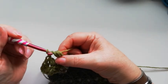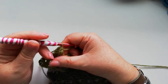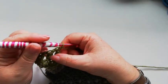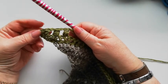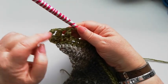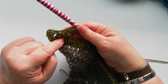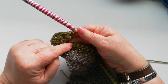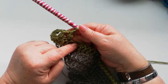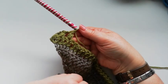We're going to come through 6, yarn over and come through 2 and then chain 1. We're going to carry on all the way along this row in exactly the same way. We're going to work a puff stitch followed by a chain, skip a stitch, puff stitch followed by a chain, skip a stitch and a puff stitch into the next one, and so on until we reach the middle 2